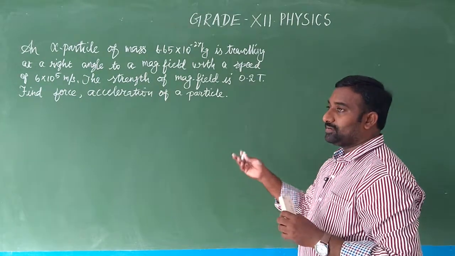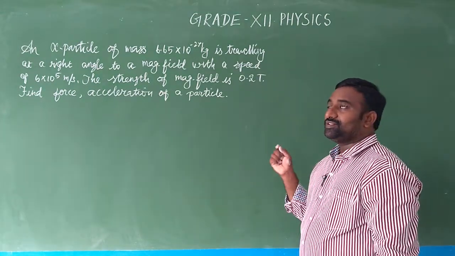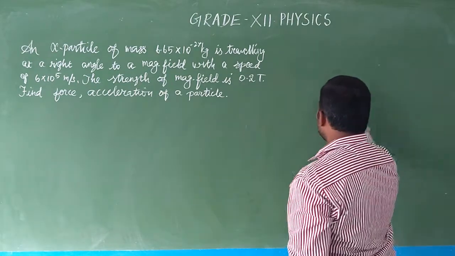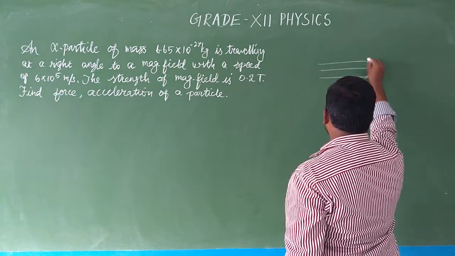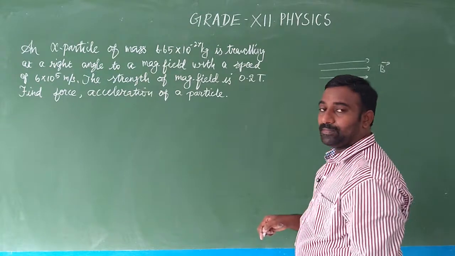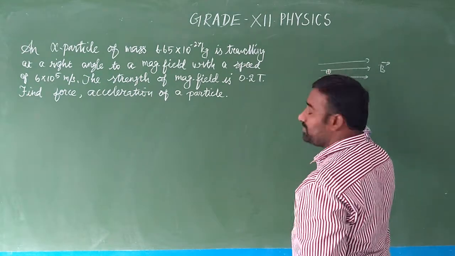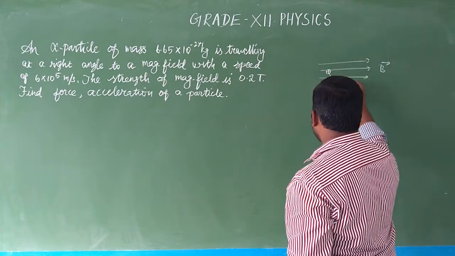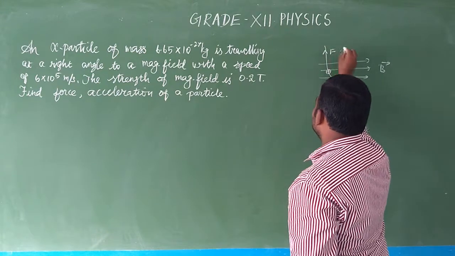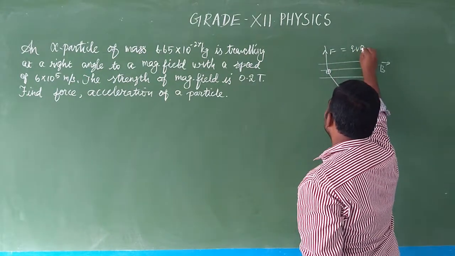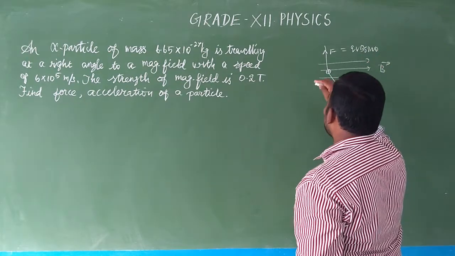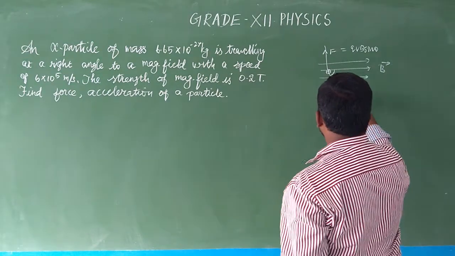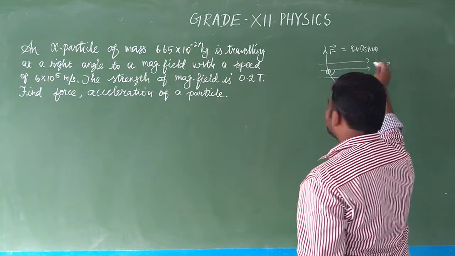Now, related to the magnetic Lorentz force: when a charged particle is placed in an external uniform magnetic field, how does the particle experience the force? The charged particle may be positive or negative. A positive charged particle is placed perpendicularly with the velocity v, and we calculated the force it experiences. F is equal to QVB sin theta, where theta is the angle between the velocity vector of the charged particle and the external magnetic field, v is the velocity of the charged particle and B is the external magnetic field.